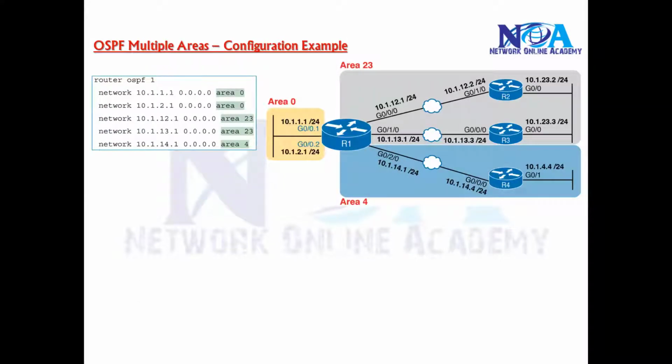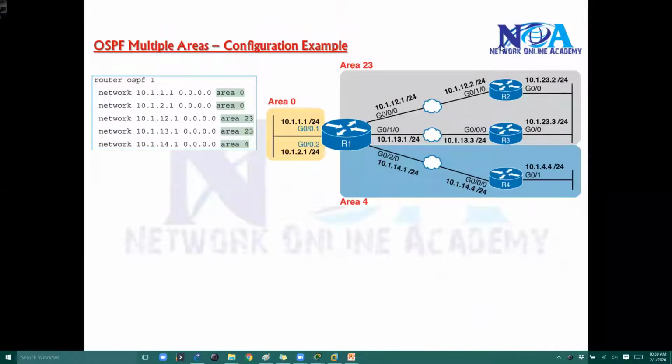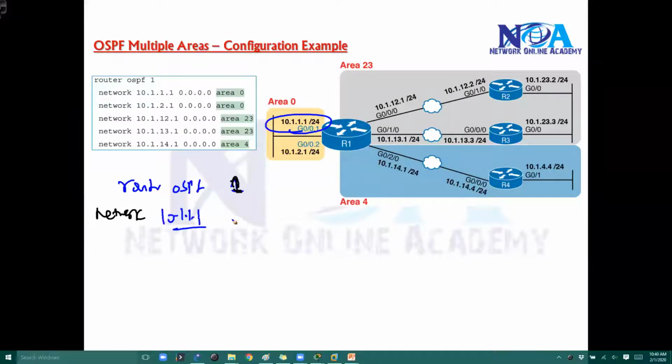So we have already seen how to advertise these networks. If you remember, we have discussed the OSPF configurations. The first step is we go inside OSPF and define the process ID. We have already discussed the concept of process ID in the earlier basic configuration with a single area. Then advertise your network. In my case, I want to advertise this subnet, so I'm going to specify 10.1.1.1.